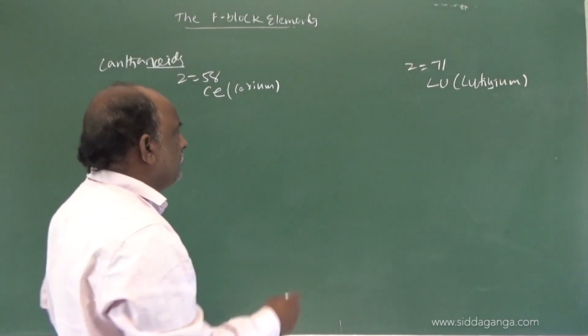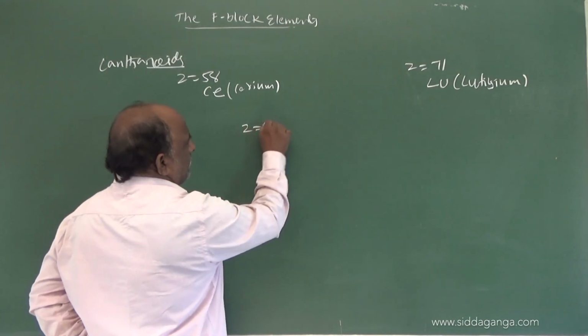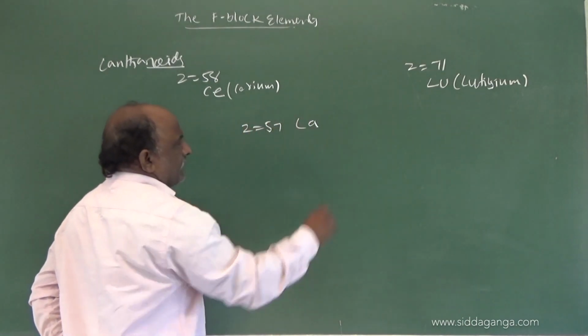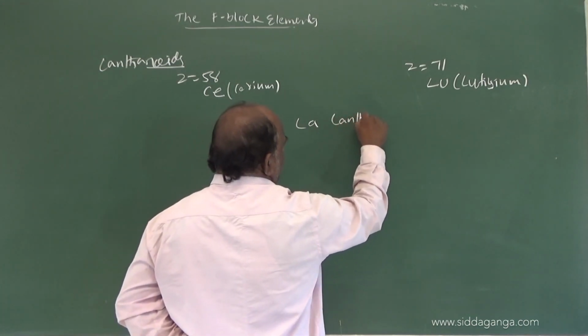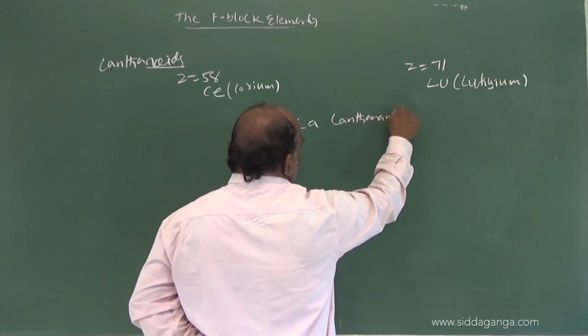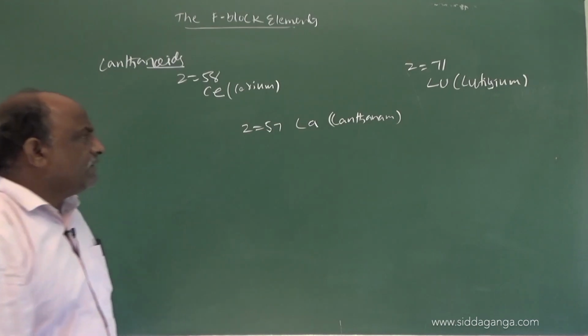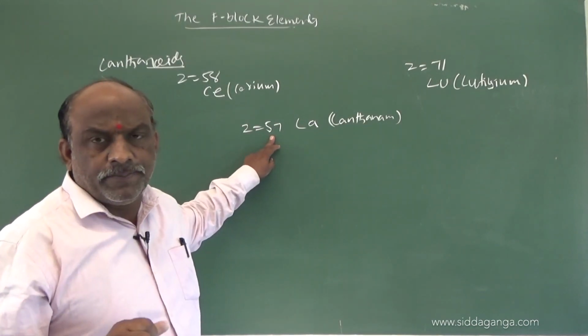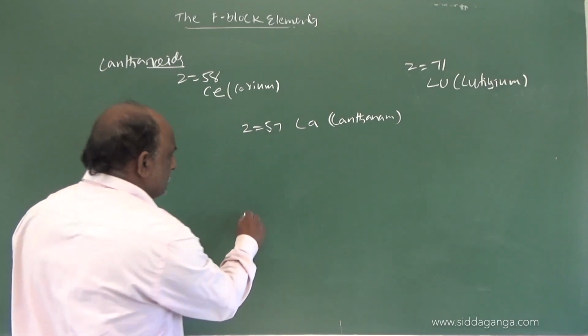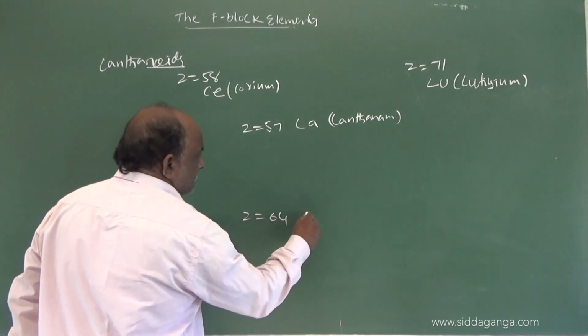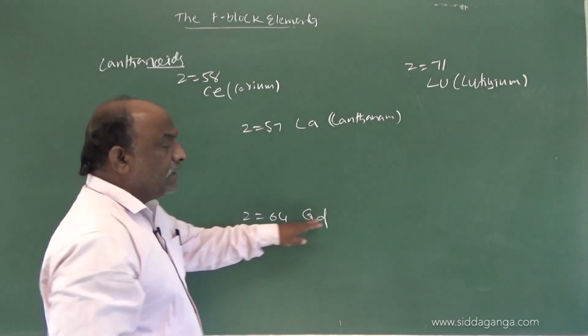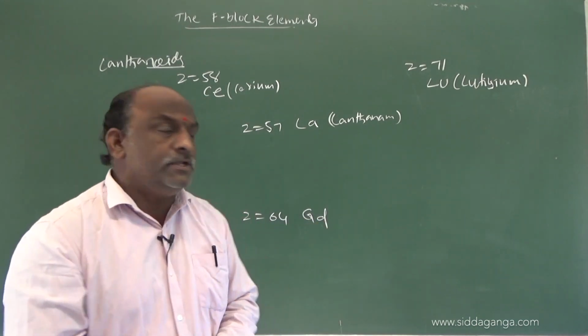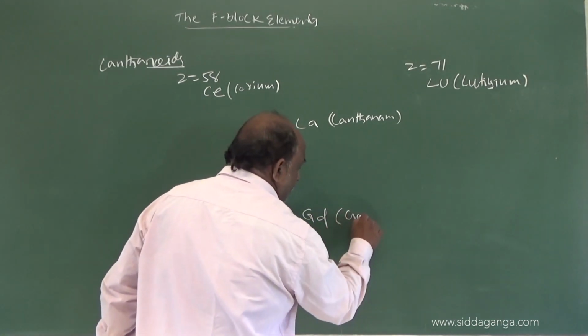Before this, we know Z equals 57 is lanthanum. After lanthanum, 57 plus 7, Z equals 64, is known as gadolinium,